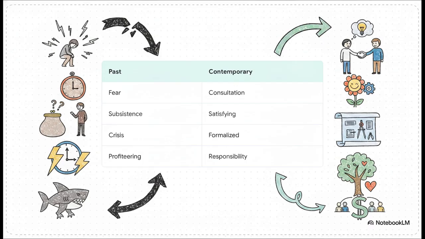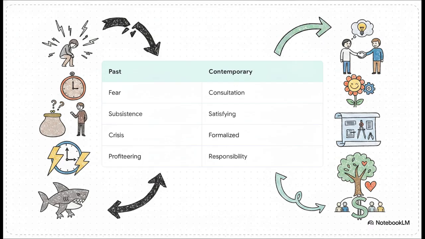Look at the past view under classical models. Technological change was usually implemented by fear. Learn this new machine or you're fired, right? Today, it's done through consultation with employees. In the past, a job was just for basic subsistence. Remember the whole economic man thing. Now, contemporary organizations actually strive to make the job a satisfying, enriching experience.